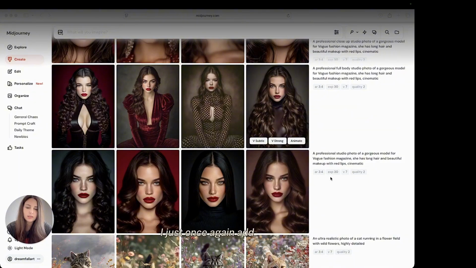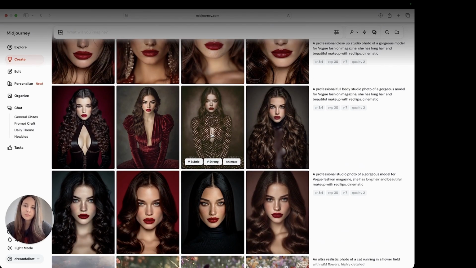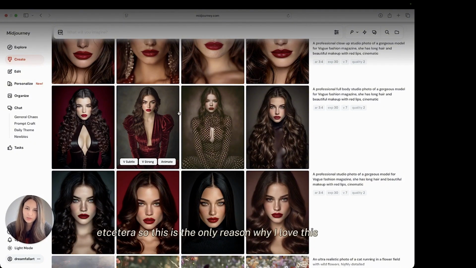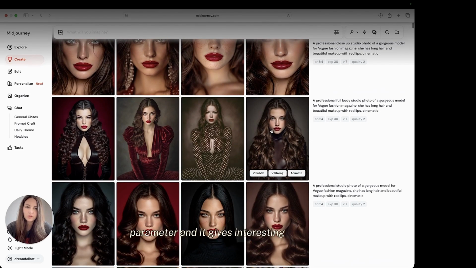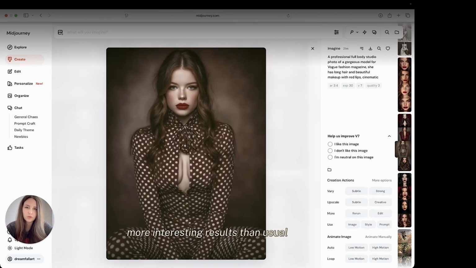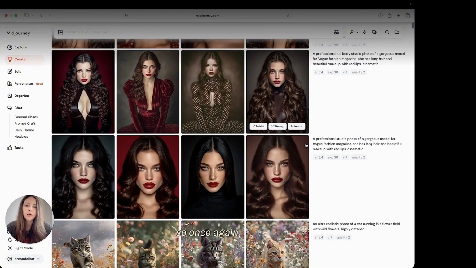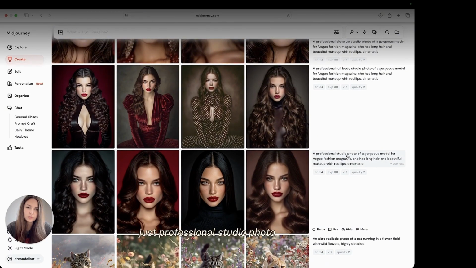I just once again add this type of parameter just to add more of the aesthetic side to the prompt, let's say Pinterest vibes and beautiful colors, composition, etc. So this is the only reason why I love this parameter, and it gives more interesting results than usual. So once again, with humans, the prompt structure is very important in the beginning, precisely because here, just look at the comparison, just professional studio photo, gorgeous